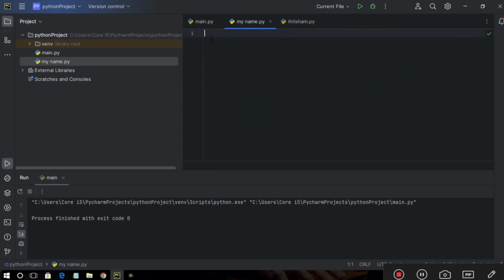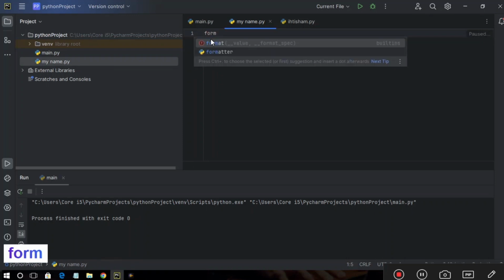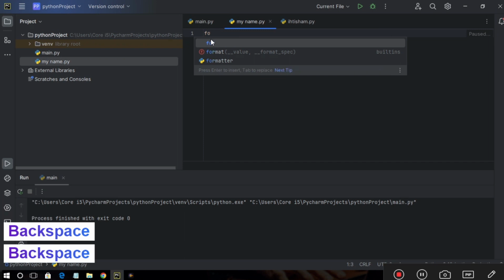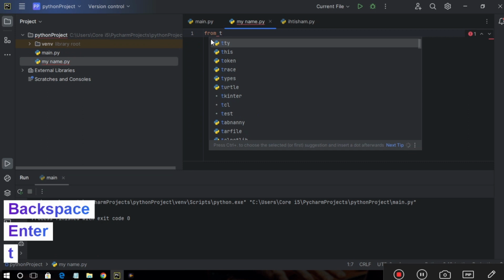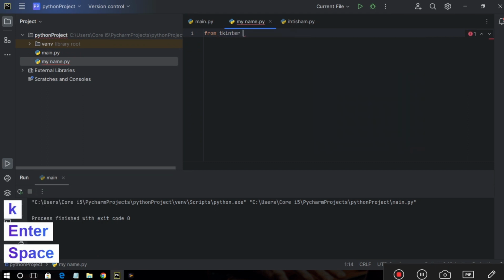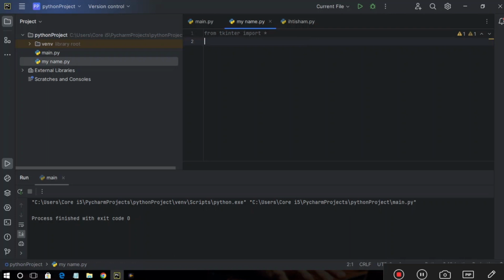So let's start our video. First of all, we import Tkinter. I import Tkinter, from Tkinter import. First step is to import Tkinter, and the second step is to